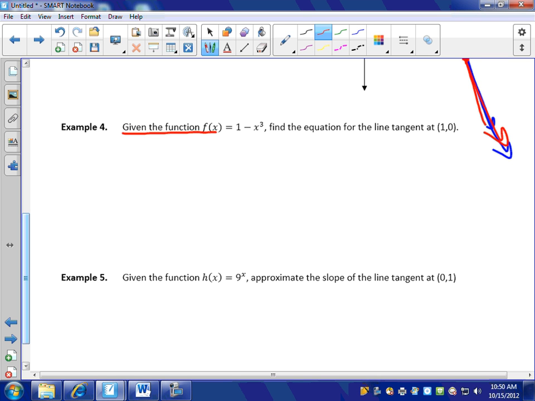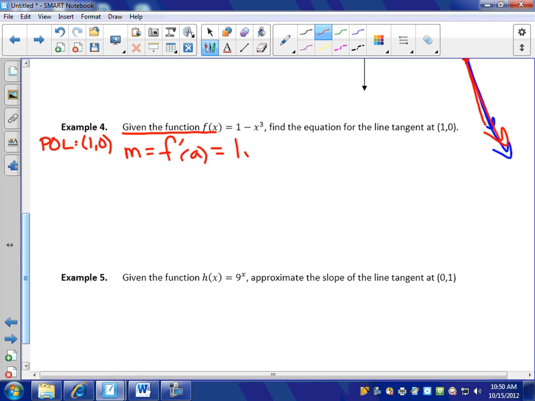All right. Given the function f of x equals 1 minus x to the third, find the equation for the line tangent at 1, 0. So if you hear something where you have to find an equation for a line, we need to come up with two pieces. What do we need to come up with? Slope and a point on the line. The point on the line is 1, 0. And we know this, that slope is the same thing as the derivative of the function at that point a,